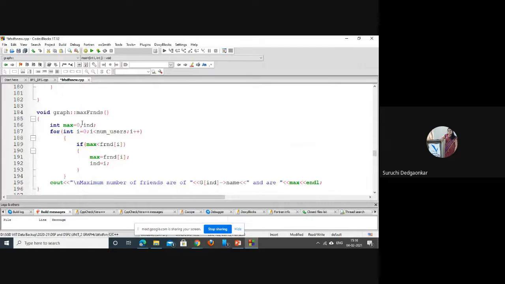Then we just have to find the maximum of that friends array, and we can display the name of that particular element who is having the maximum. Is it clear? The first part is clear, creation of adjacency list and displaying it.